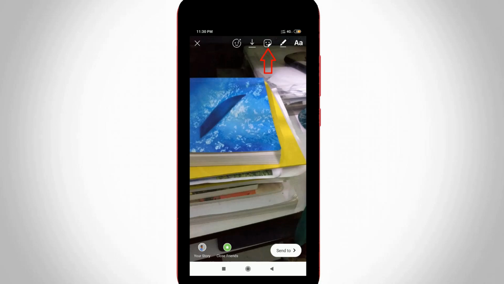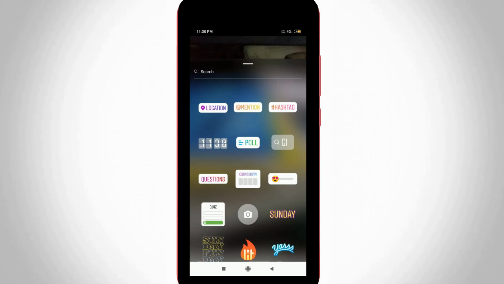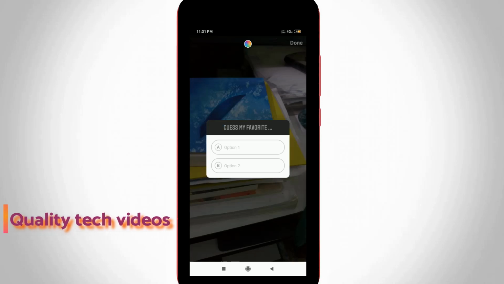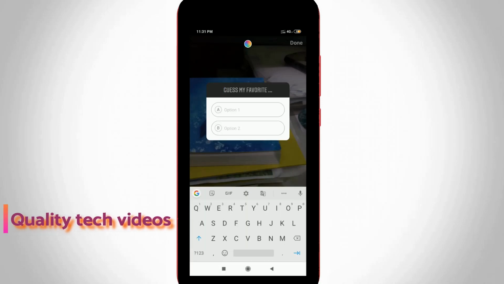the third one. So now it shows some stickers, and the stickers are used for your Instagram story. Here you can use any sticker, but this video is about the quiz sticker. So I select the quiz sticker, and it is placed in the first column and the fourth one. So here you can type your question